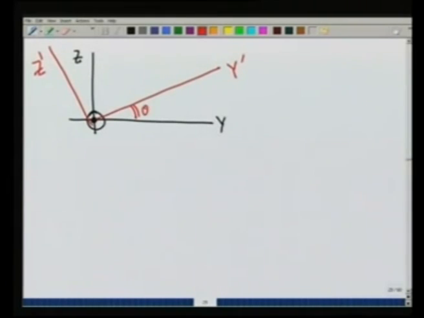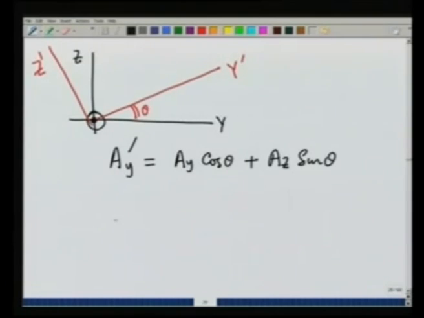Then you can see that what we did earlier, Ay prime in the rotated frame when I rotate about the x axis is going to be Ay cosine theta plus Az sine theta, and Az prime is going to be equal to minus Ay sine theta plus Az